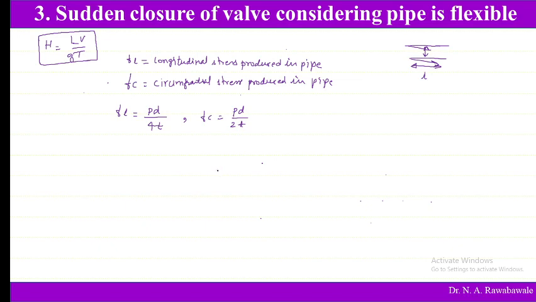Now the strain energy stored in the pipe material per unit volume is given. So what happens here when this liquid is flowing through this pipe? When it flows through this pipe, this kinetic energy or velocity is brought from V to 0. This kinetic energy is completely destroyed, and that energy is imparted to the pipe material, and the pipe material expands in longitudinal direction as well as in circumferential direction. That is nothing but kinetic energy getting stored in the pipe material, or the pipe material absorbs this kinetic energy. So this strain energy is absorbed in the pipe material, and this strain energy per unit volume is given by